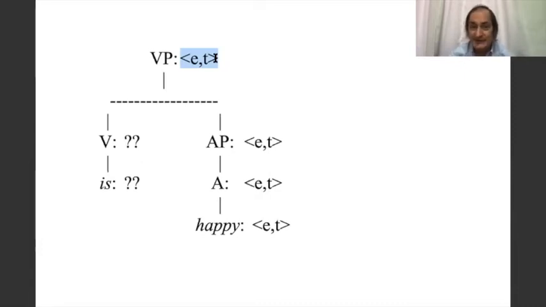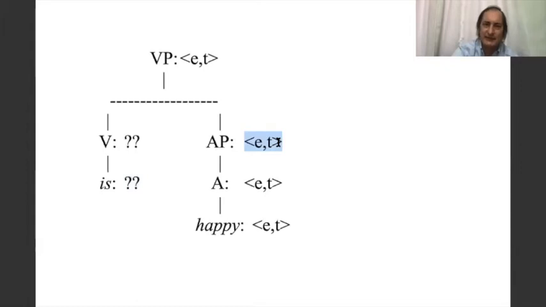Happy, we've already seen, is a function that takes an individual, like John, and gives back a truth value. Its type is ET as well. So what are the possible types for the verb is? These are going to be the same, whatever they are. But what exactly? Well, there's one formal possibility that would at least fit with going together with an ET type